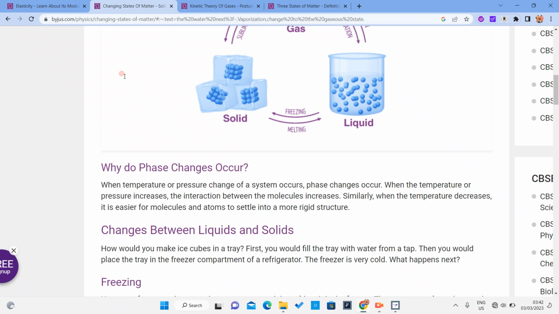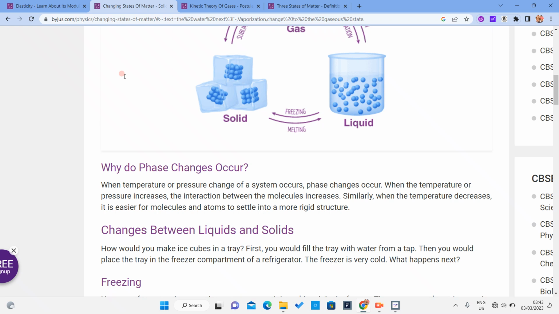A change of state is like the conversion from one state of matter to another. That's really what change of state means. I don't think it will be asked, but it's very important for you to actually understand what it means, so that in case you are asked any question about it, you'll be able to link all these things together when we start talking about what actually causes those